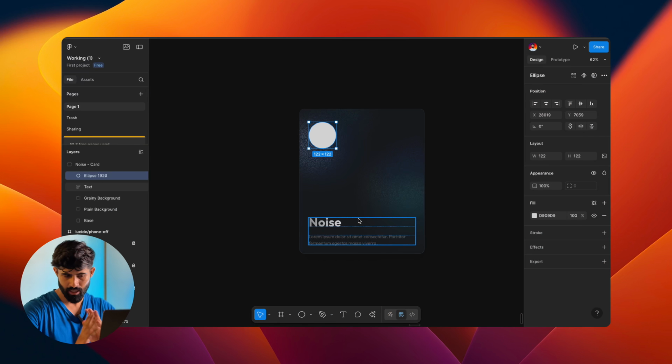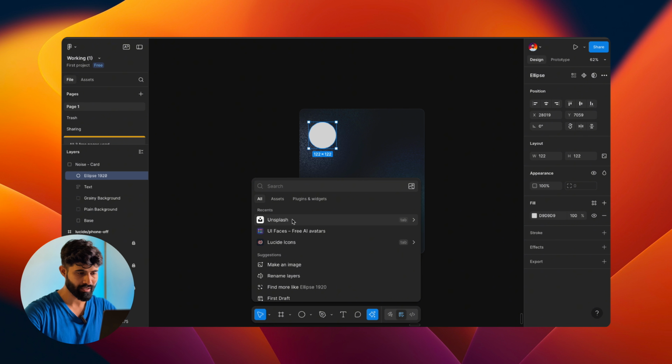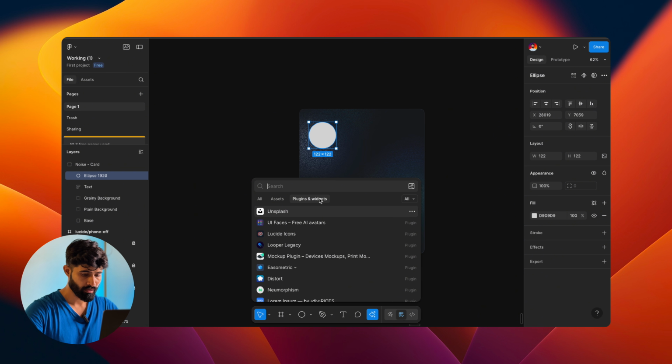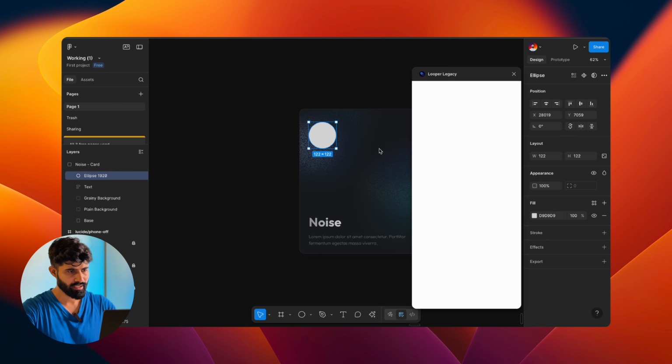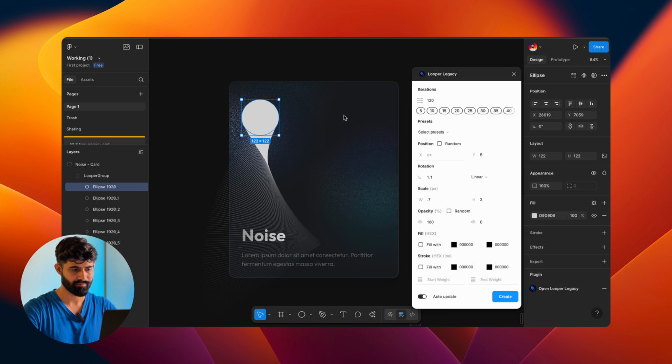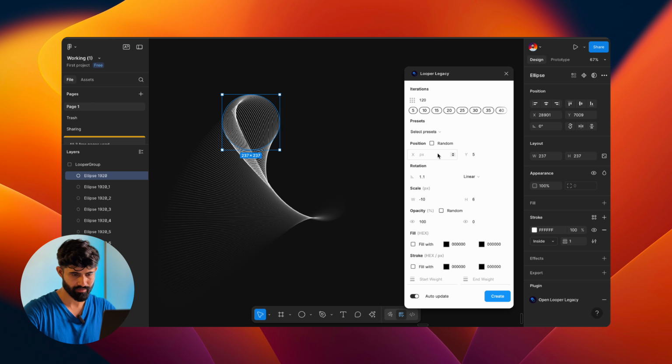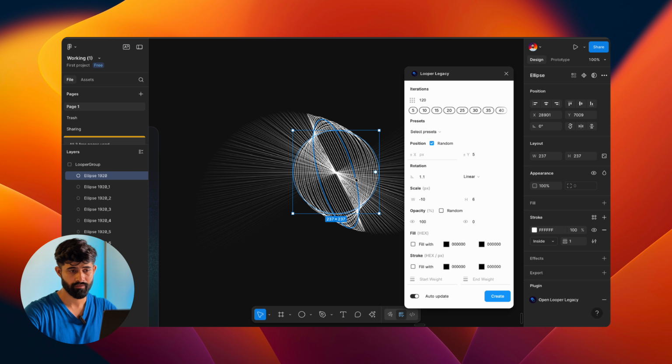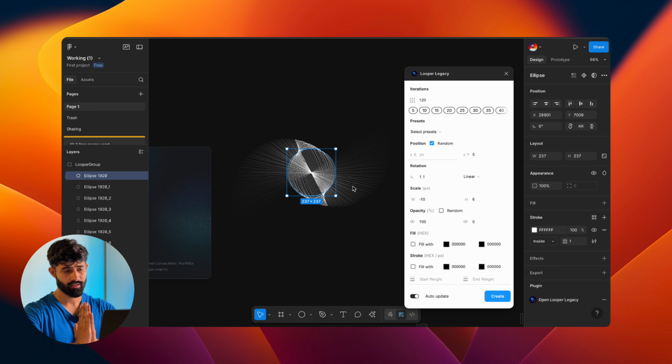So I'll stick to the same shape which I had. So we'll go to the plugins. We search for Looper Legacy. To play around with that, see, it's creating already the different shapes, right? So just like that, you can even randomize the positions and you get all the stunning patterns, and that's